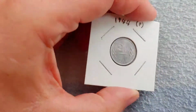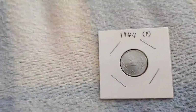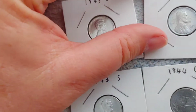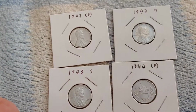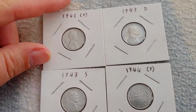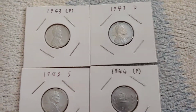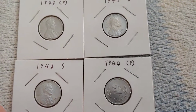Now, this one, of course, came from a most unique and interesting source, and that source is neither more nor less than the planchets used for the familiar 1943 steel pennies. So what happened was, at the end of 1943, our government decided that the zinc-coated steel configuration for pennies was not working out very well. No matter how interesting and novel they looked, they turned ugly really fast. So for 1944, they decided to use copper,